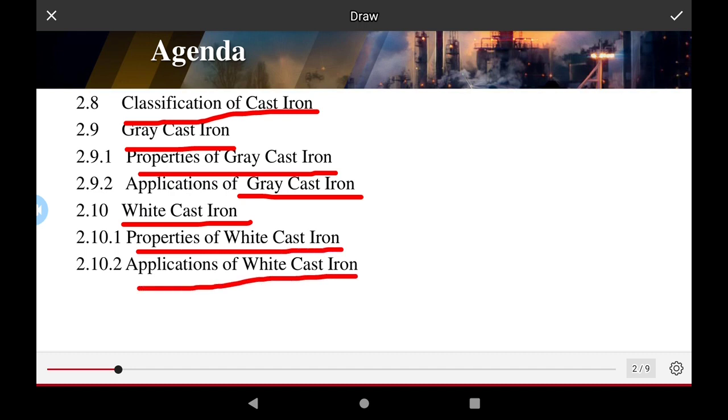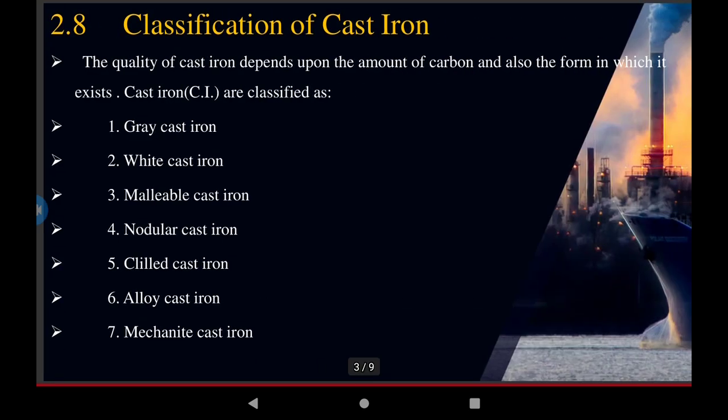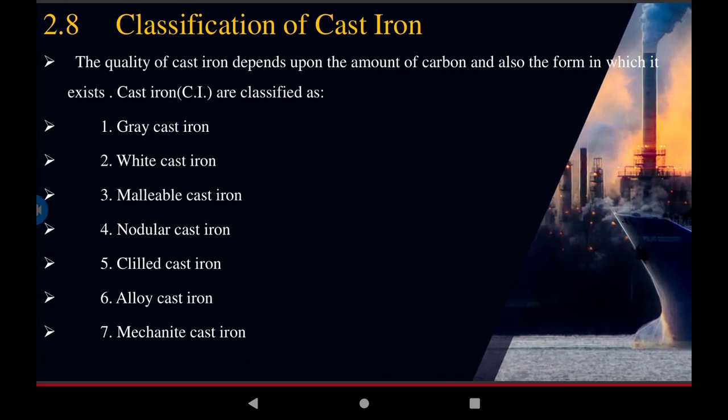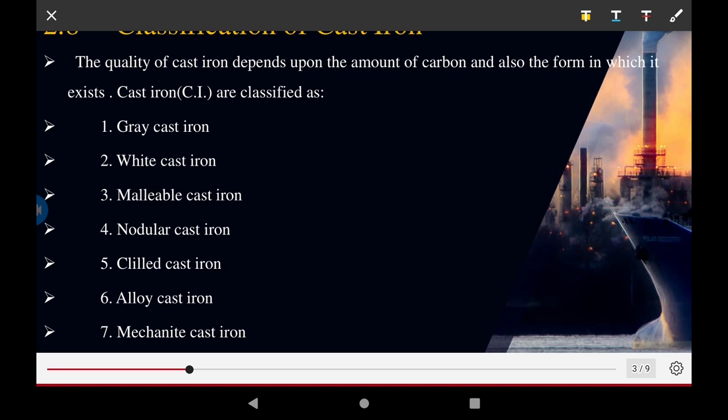This is the video. This is the video. Continue present. I again. Classification of